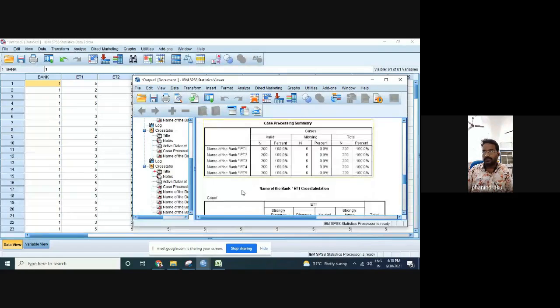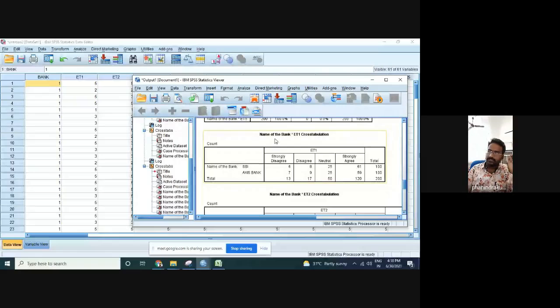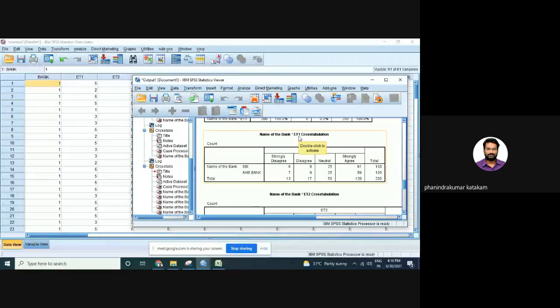Then you'll get this. With regard to the name of the bank, ET1 with regard to bank. For ET1, what is there in the ET1?